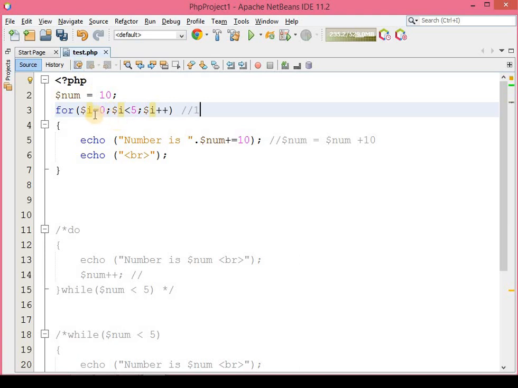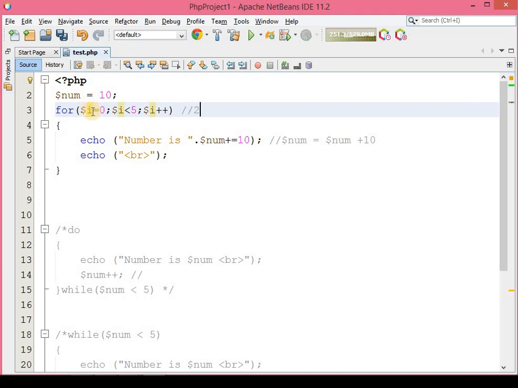After that it will not execute this statement, it will just check for this middle parameter, okay, middle condition. So what is this? I is less than 5. Now what is the current value of I? 1. So 1 is less than 5. Yes, condition is true, okay, that's why it will execute this next statement. This is increment operator. So value of I become 2 and control goes inside this for loop and it will execute this statement.